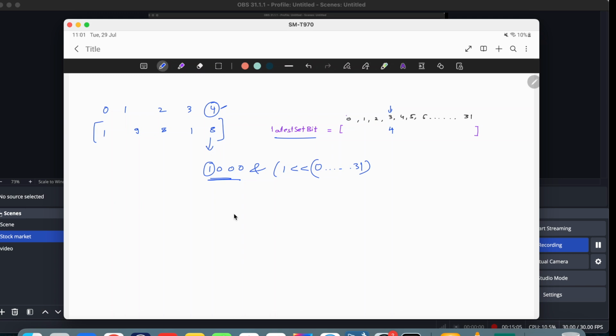What it basically says: one left shift of 0 means we are shifting this one 0 times. So one is represented as 0 0 0 ... 1, and we shift it 0 times, so it stays the same one, correct. When i goes from 0 all the way to 31, this will keep generating values. When we perform the AND operation with this particular 8 and the value is equal to 0,